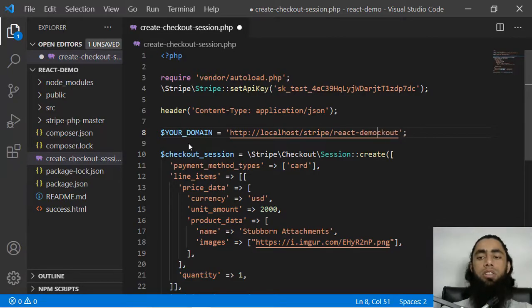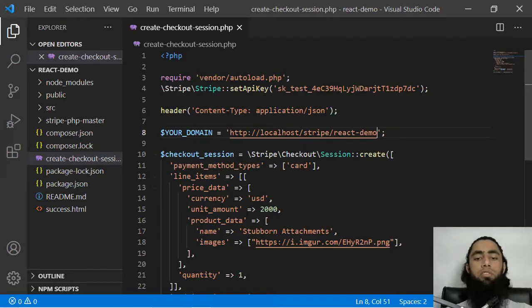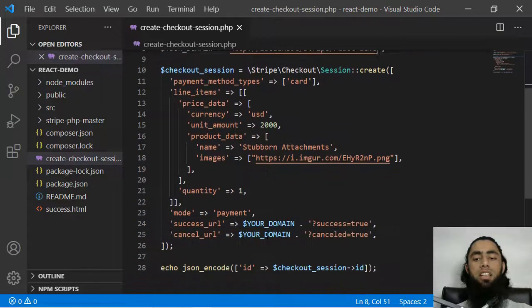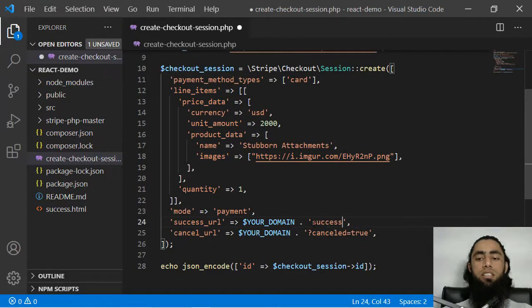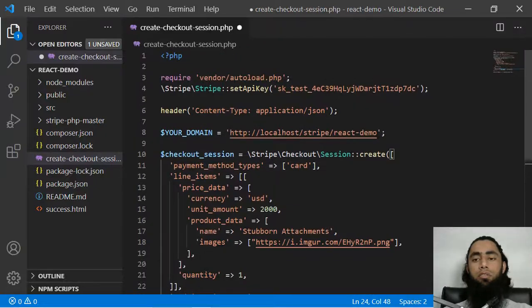All right, so this is the path which we have to mention here, and automatically this will help us redirect the user to the success page. And here we have to write success.html. All right, and then we have to add the forward slash as well. So let's save these changes.